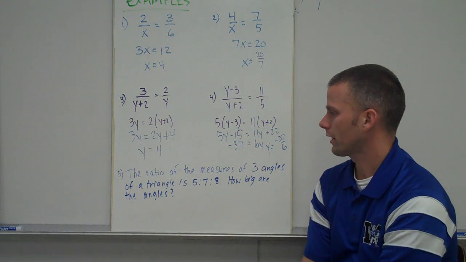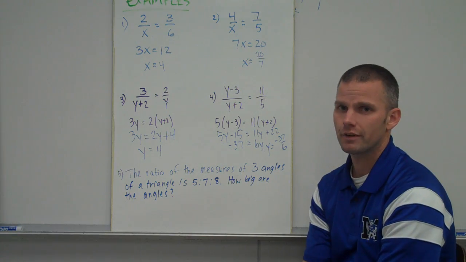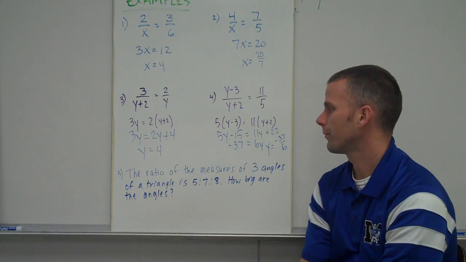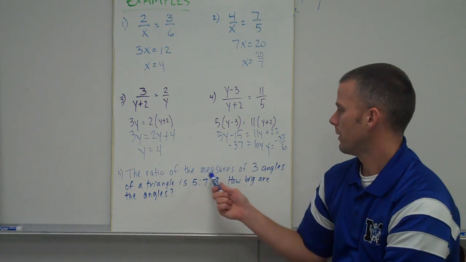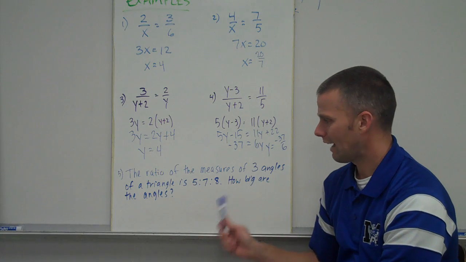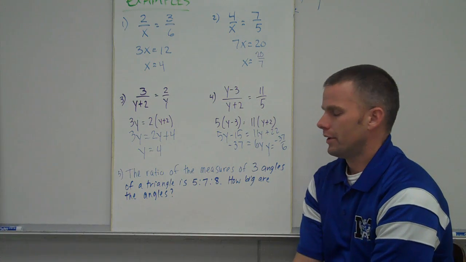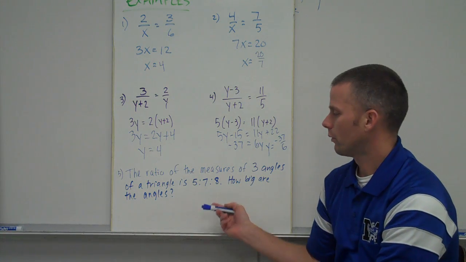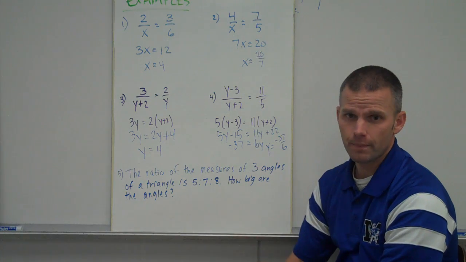Our last example here kind of gets into some ratios of angle measurements within a triangle. It says the ratio of the measures of 3 angles of a triangle is 5 to 7 to 8. How big are the angles? Typically, when we've got the ratio of 3 angles, we know that